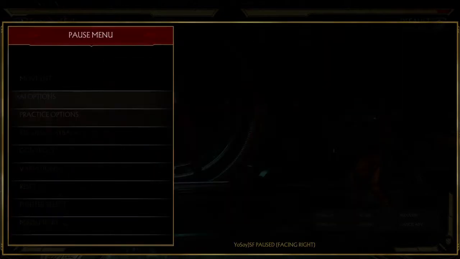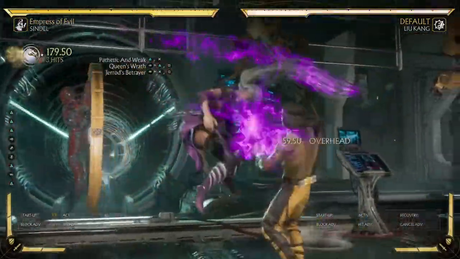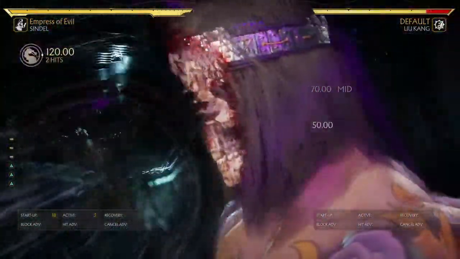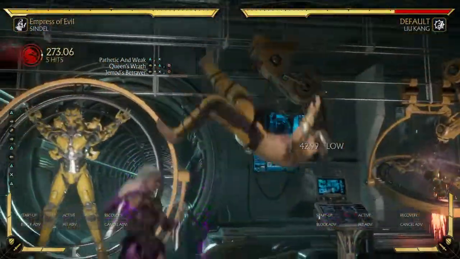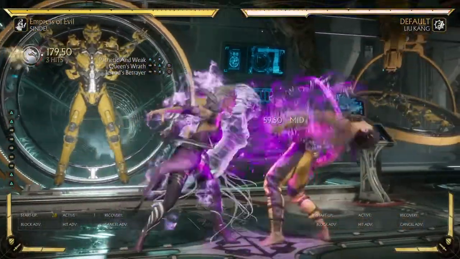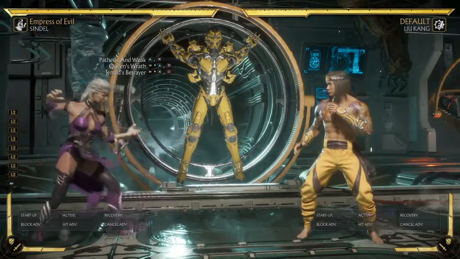Let me put easy crushing blows on for a second for anybody who hasn't seen. That's my lazy scream crushing blow combos. But apparently you can do this. Dash up. Yeah, so you can do that and get more out of it. I just haven't practiced the combos yet, so I don't know them yet. I don't want to try to do it in this video and screw it up a bunch of times. But yeah, so anyway,